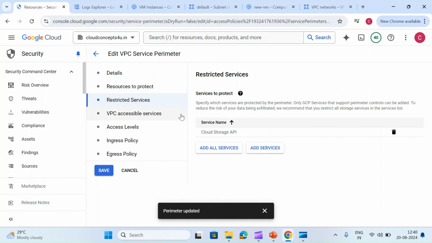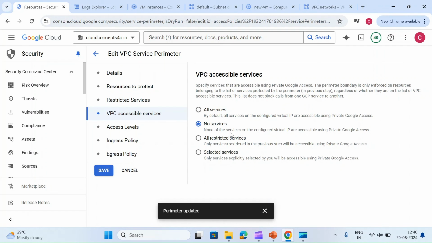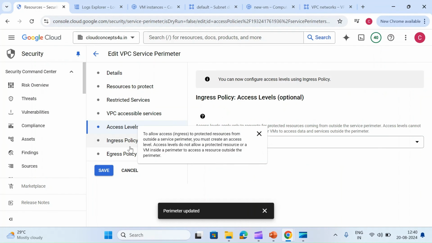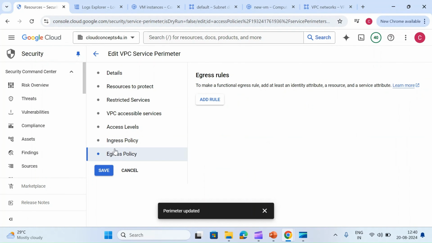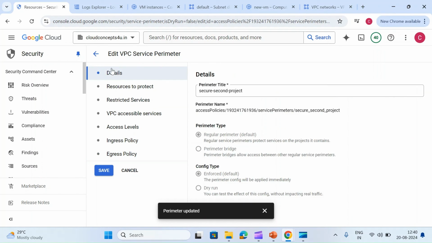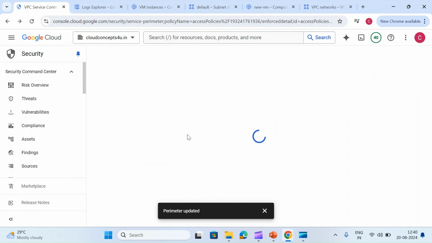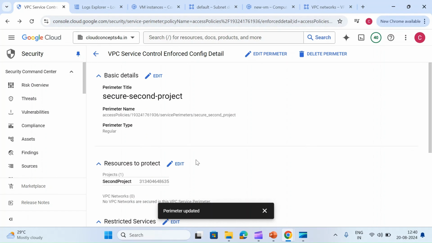After that we will see VPC accessible services and access levels, and ingress and egress rules, which are very important, so we will go step by step. After that, we will also see how to create scoped policies. As of now, we have created an organization policy, but we can see how to create scoped policies. So we have two kinds: one at the organization level, and one at the folder or project level. We will see that also.